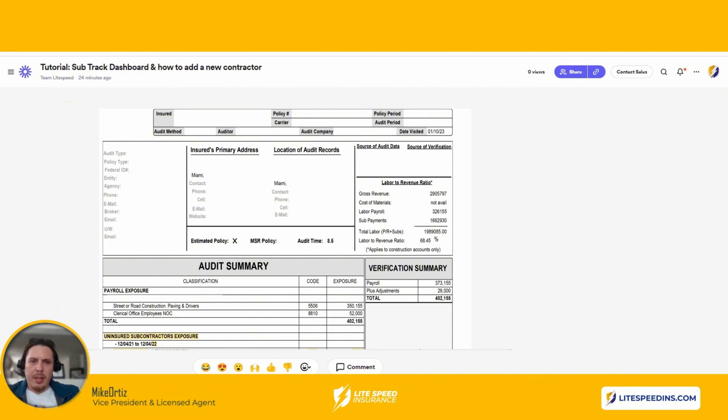Subcontractors, welcome back. Here is an example of an audit worksheet performed by a third-party auditor for one of our clients. All this should be blurred out. We don't want to divulge the information. We just want to go into the details of things that could affect you, especially uninsured 1099s, and how that